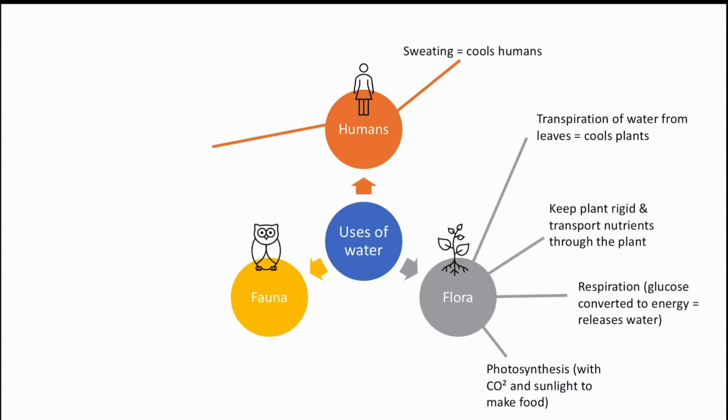Alongside cooling down, water is really, really important for both plants and for animals in terms of all the chemical reactions going on. So if you're transporting nutrients again around the body, or if you're transporting oxygen, you need water in your body to be able to do that. So pretty much all the things that are going on inside your body or in an animal's body are being fueled and being caused by interactions with